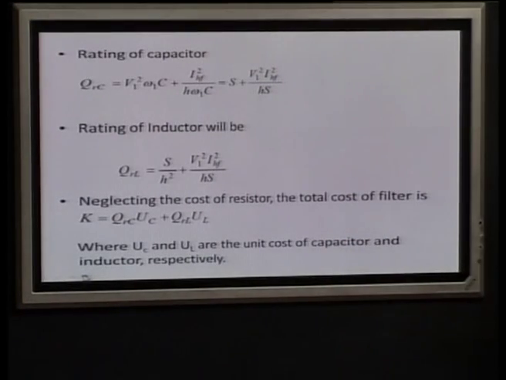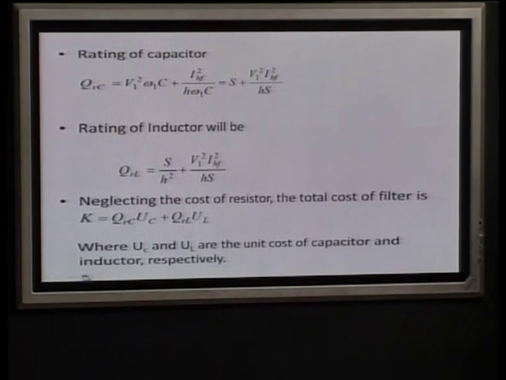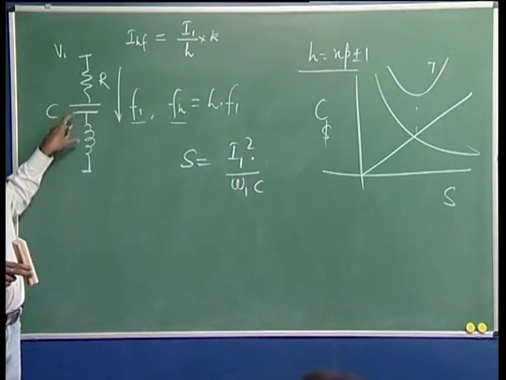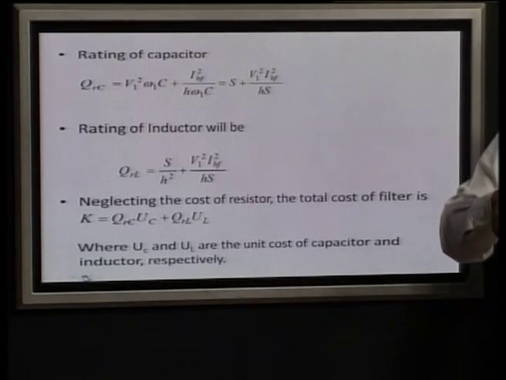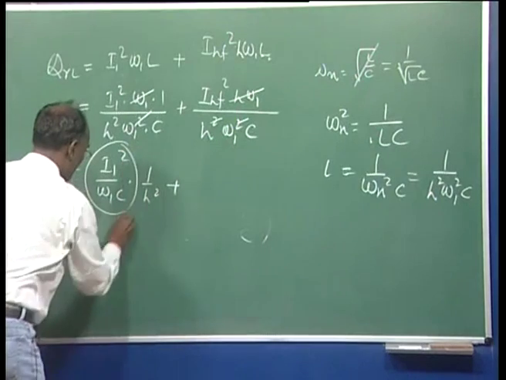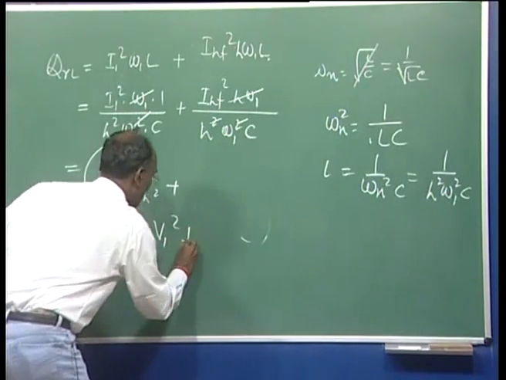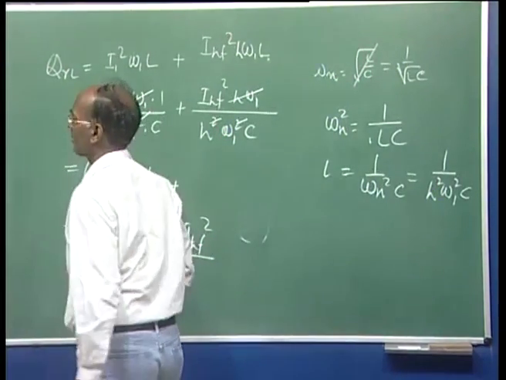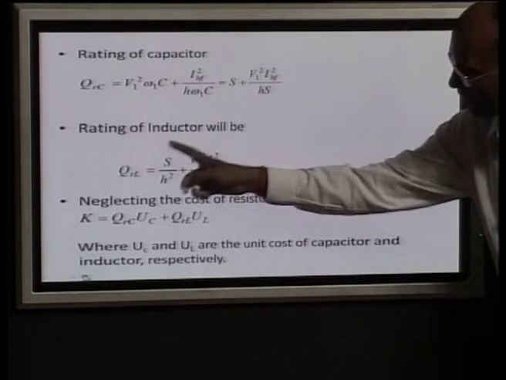And it is also valid because the reactive power supplied at the resonance by the two will be equal, because you know omega L will be equal to 1 upon omega C, meaning XL is equal to XC. So whatever it gives at the harmonic components, it will be the same for the inductor at that particular harmonic. This value is now S. So I can write S upon h squared plus V1 Ih, which is S. We get the same value here, so this expression is written.